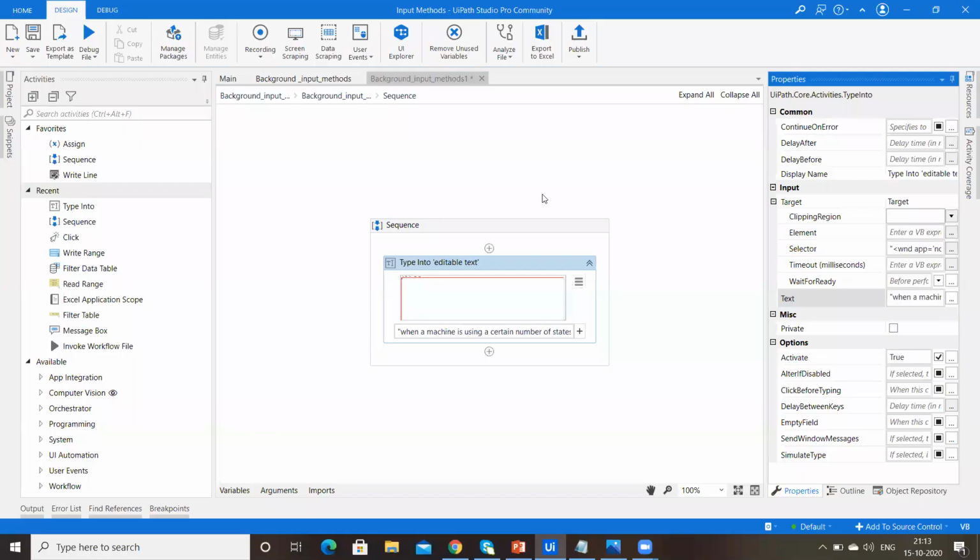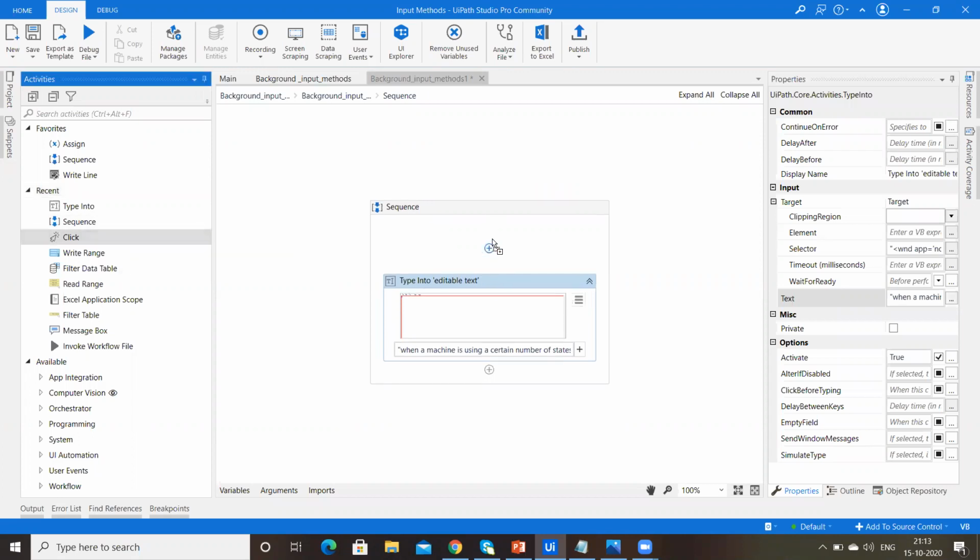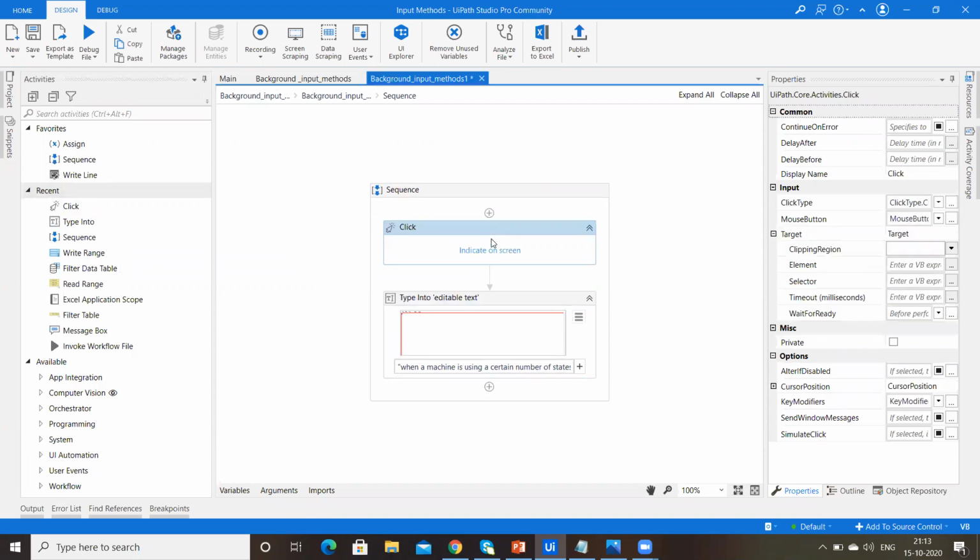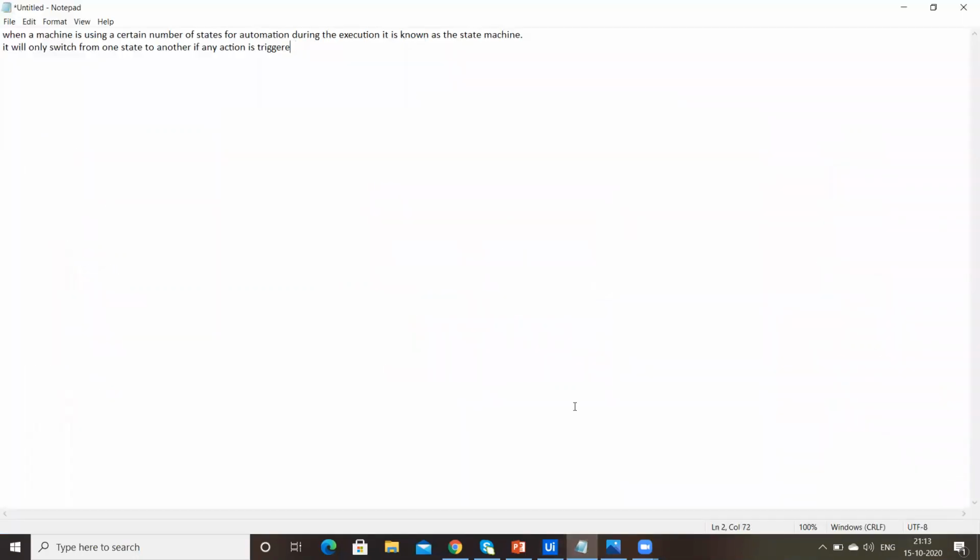Now we'll check whether it works in background execution or not. Take one click activity. It will minimize the notepad and then it will take the Type Into activity to type this message into the notepad. First, delete this one.